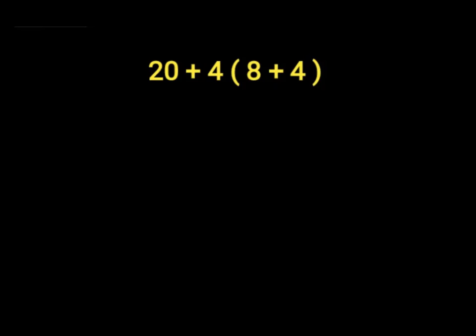20 plus 4 (8 plus 4). First of all, 20 plus 4 will give us 24. Then we have 24 (8 plus 4). Then in our parentheses, 8 plus 4 will give us 12. Then we have 24 times 12. 24 times 12 will give us